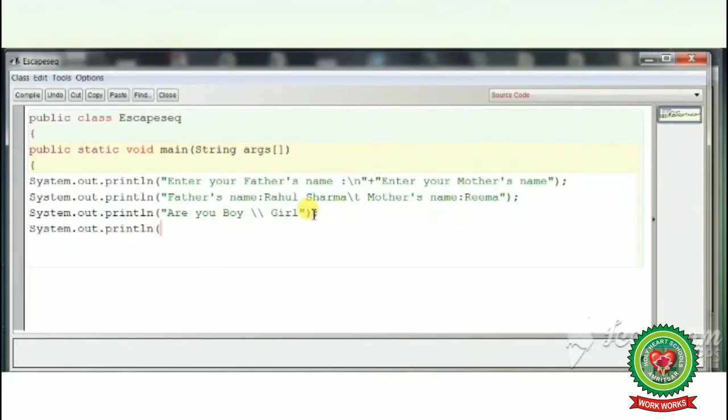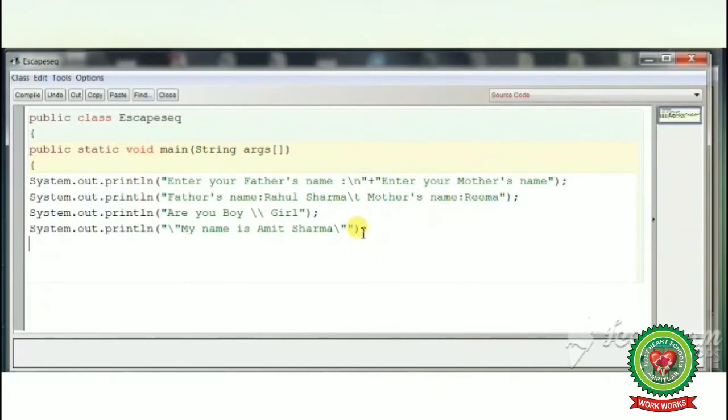Now again the next one, System.out.println, round bracket start, double quote start. Now I want to tell my name, so I want to print my name in double quotes. So how will I write? Backslash double quote start, my name is, whatever is your name you can write. My name is Amit Sharma. Now again I want to close these double quotes. I will put backslash and double quotes close. Now again double quotes will be closed, that is for message printing. Round bracket close, semicolon.